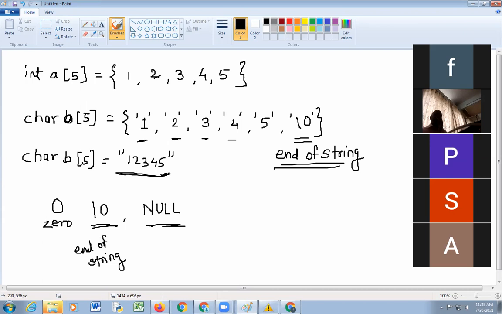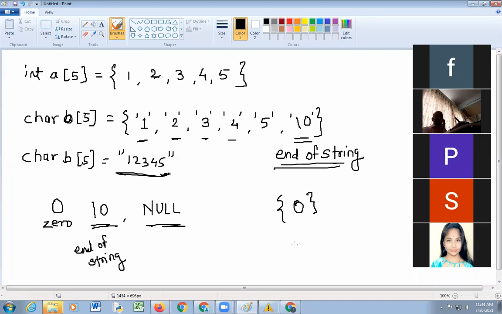What is null? Empty. Empty set. Suppose I have written a set, then tell me whether it is an empty set or not.